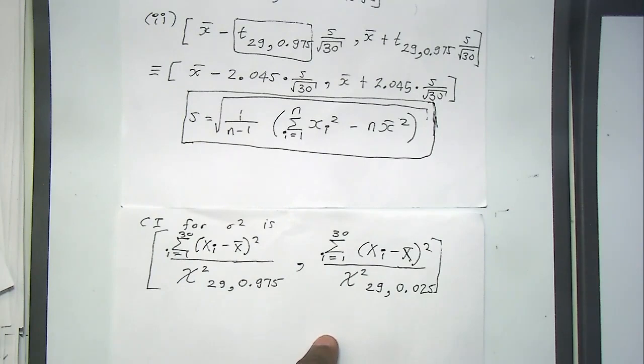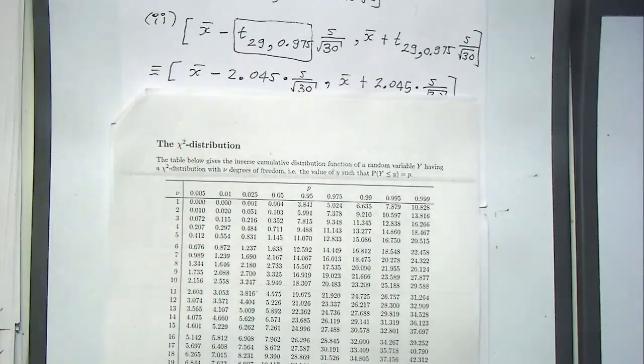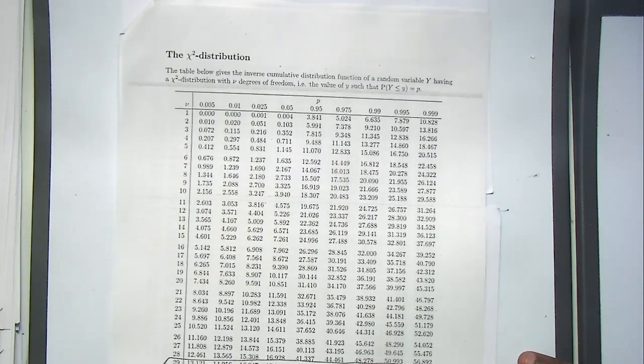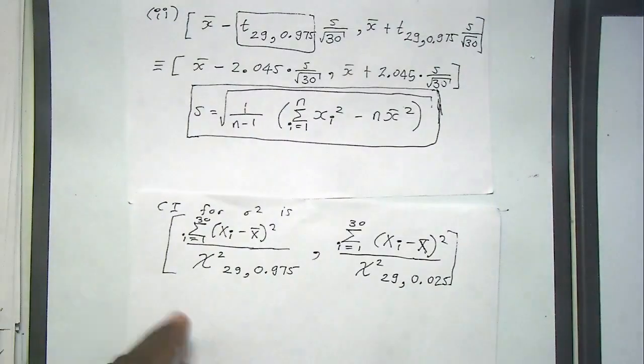Right. Okay, we did this a couple of weeks ago, you may recall. Now you need to read these two percentiles. For that, you need to go back to the table I gave you at the beginning. So you should go back to the table for the chi-square distribution. It should be in front of you guys. Right, this is the table for the chi-square distribution. So if you go down to 29, this is row 29. Okay, and from this you can read 0.025, which is this one, and 0.975, which is this one. Okay, so these are the values we need. Right, so this becomes